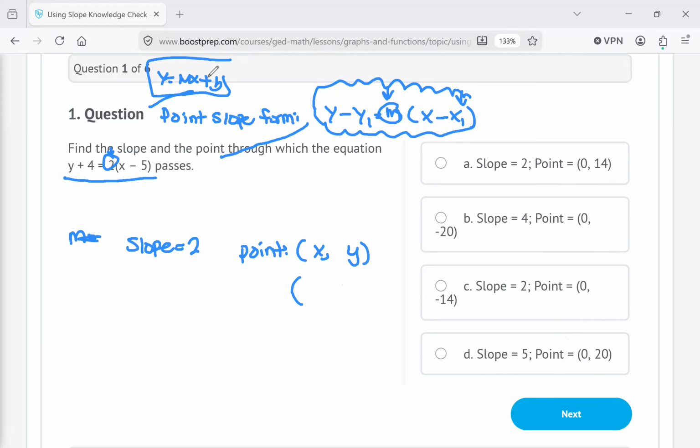Yeah, slope is still 2 because our m is 2. But if you want to put it in y equals mx plus b, you do got to do a little bit of algebra. So over here, I would basically solve for y. So I FOIL out this too. So it's going to be, let me, y plus 4 equals,